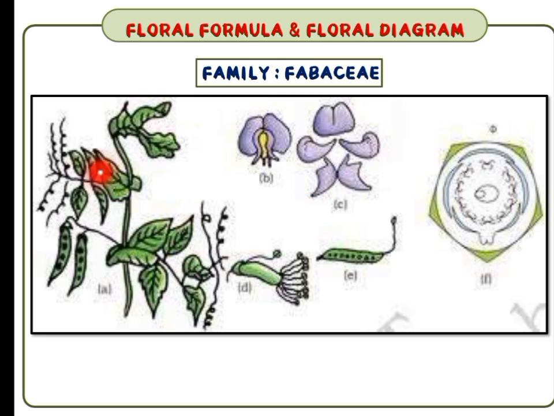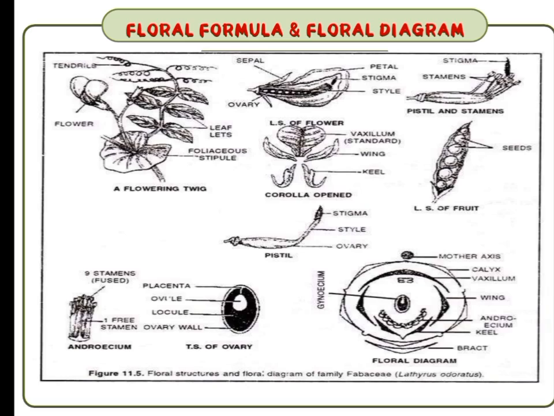So this is the Fabaceae family, that is the pea family, that is peas, beans, all these come under this family. This is the habit of the plant, and these are the leaves and other vegetative characters. And this is the floral characters. This is the flower, and these are the individual floral parts, and this is the gynoecium, and these are the stamens. Look, this clearly shows the diadelphous condition. All the stamens are united to form one group, and one single stamen is in another group. That is why it is the diadelphous condition.